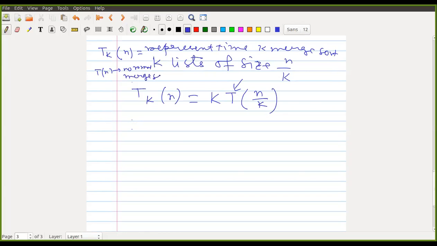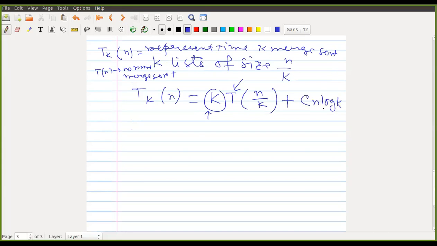So in that case, I am dividing into k parts, and then I'm running normal merge sort on the n by k size lists, right? And basically the merging takes c of n log k.